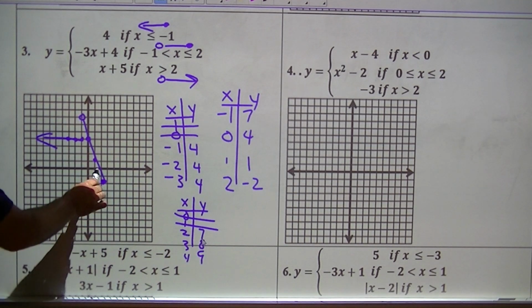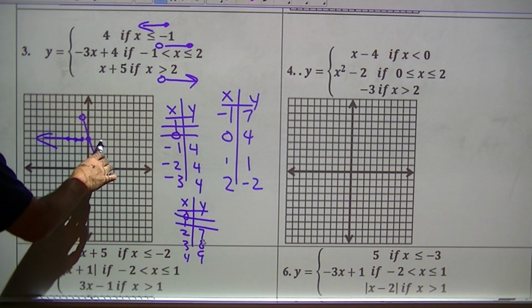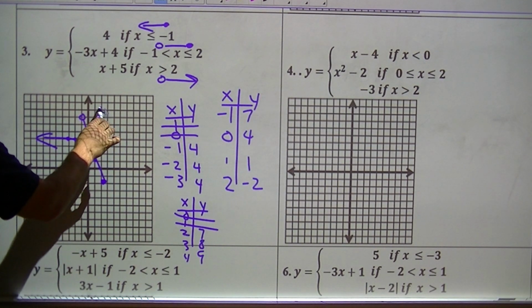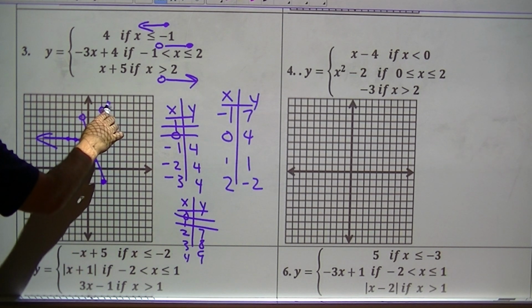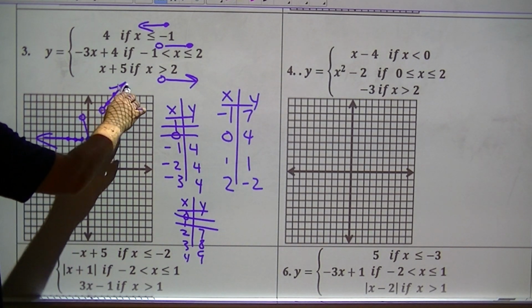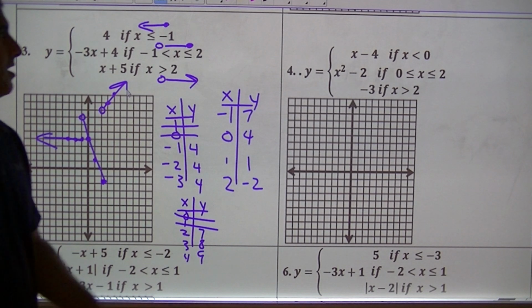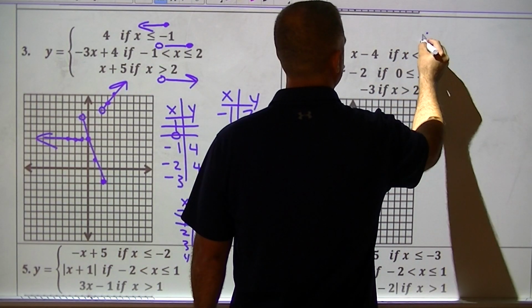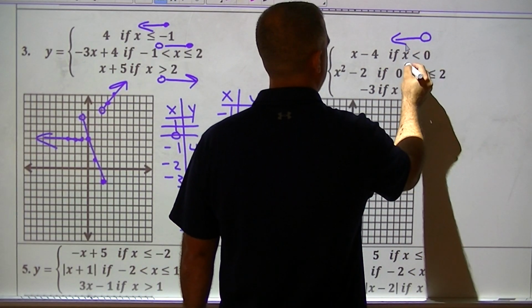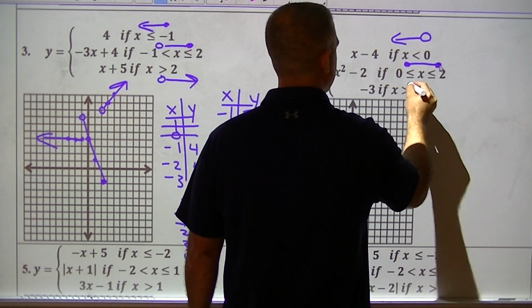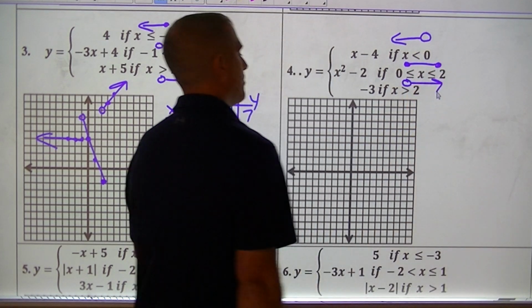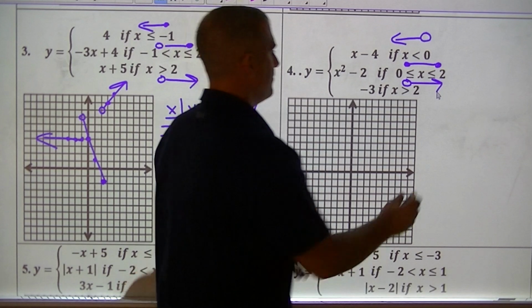Okay, 2, 7. 3, 8, 9. I know it's got to be that way. Okay? Moving over to this, I know this has got to be open going this way. I know this has got to be closed to closed. And I know this has got to be open going this way. Okay? So this one, what I'm going to do